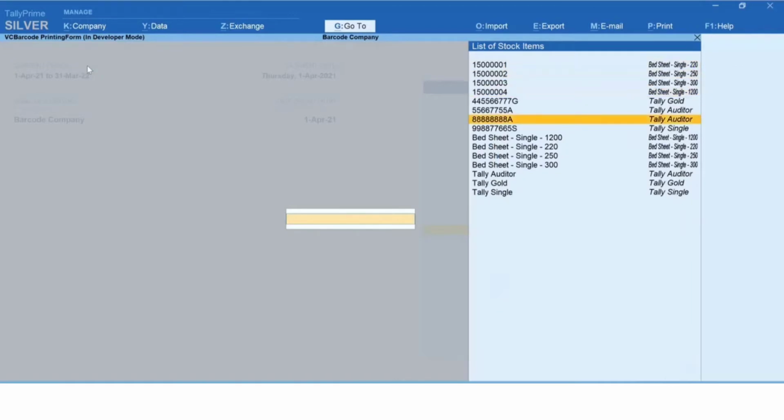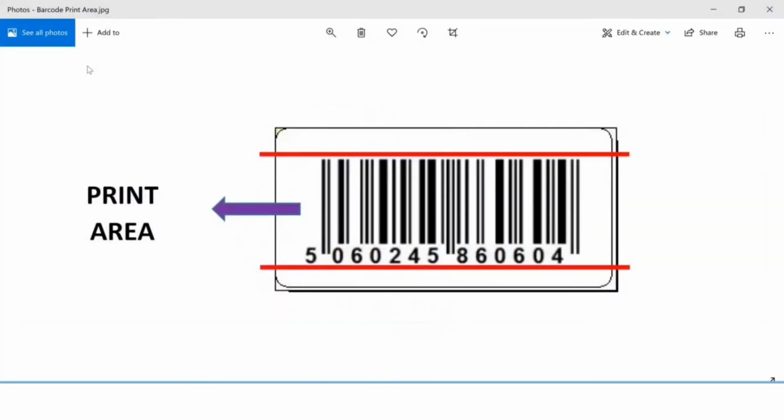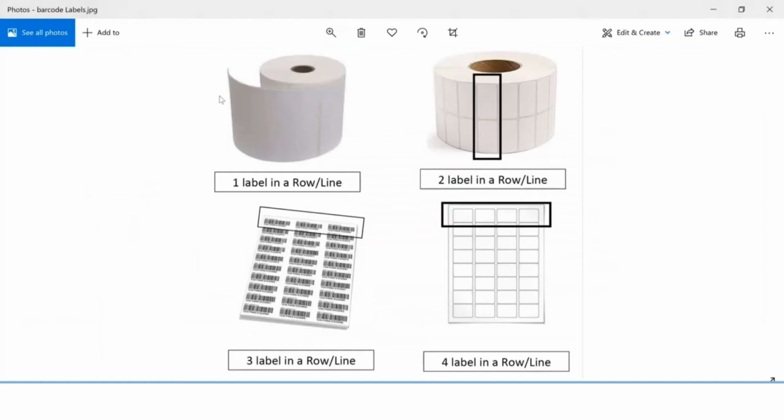Here we select a new item, that is called bedsheet single 220. This particular window will be seen on your screen. The first line is asking you labels in a row. By seeing this picture, you will understand, like 1 label, 2 label, 3 label, 4 label.